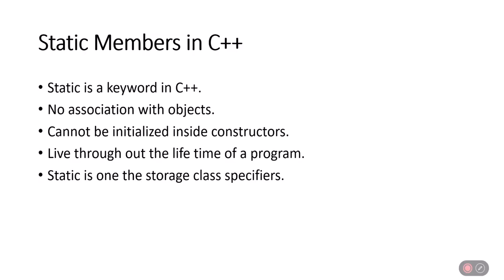Static is a keyword or a reserved word in C++. If you don't want some properties to be part of the objects, then you can mark them as static members. And all the objects of this class share these static members. Static variables live throughout the lifetime of a program, which means even if your objects get destroyed, the memory of the variables is still present.